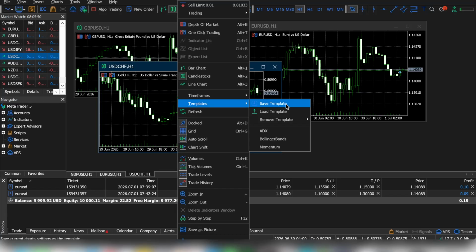With this simple process, you ensure that your trading environment is always set up just how you like it, with